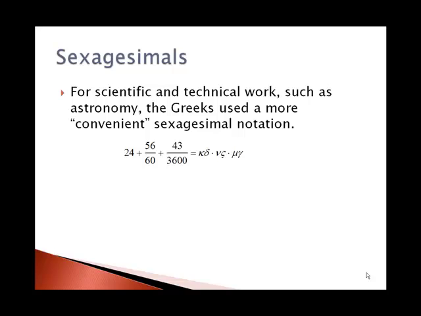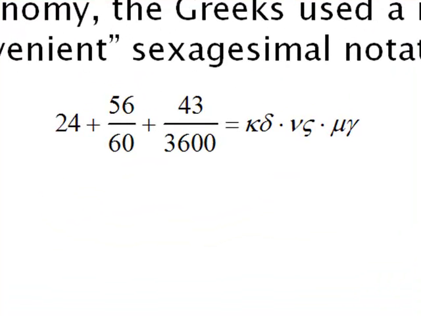Yet another way that the Greeks represented fractions was in sexagesimals, and this was primarily used in astronomy. Sexagesimals were convenient because that's what the Babylonians had used, and so something like 24 and 56/60ths and 43/3600ths